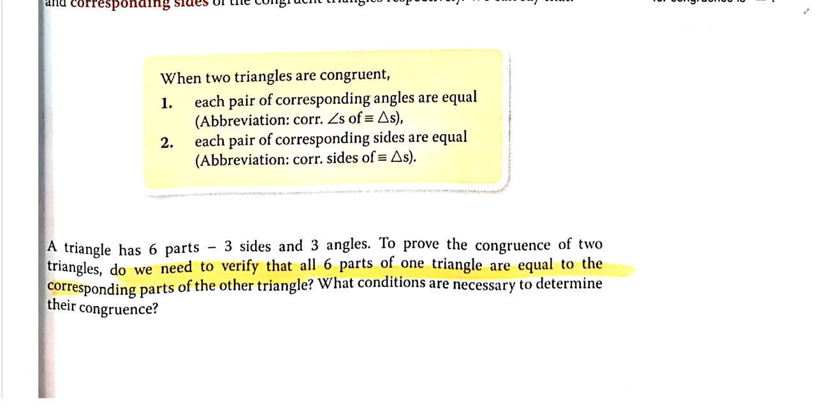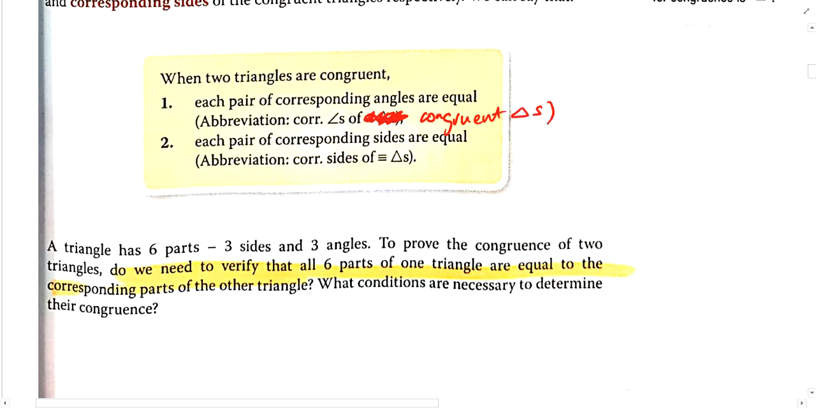I need to tell you a few things. When two triangles are congruent, each pair of corresponding angles are equal. That's a lot of things to write. If for some reason you need to state the reason over here, you write this abbreviation: corresponding angles of congruent